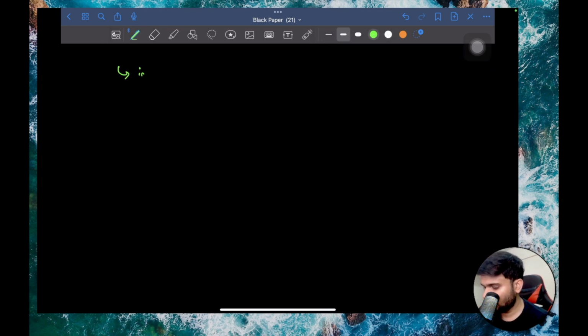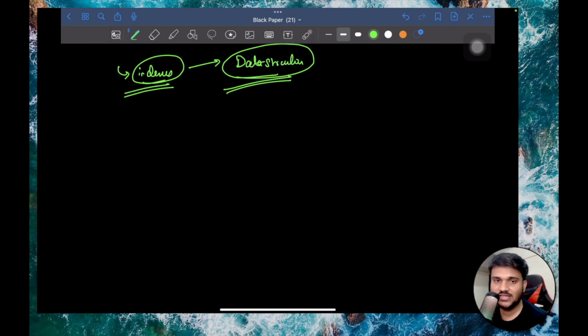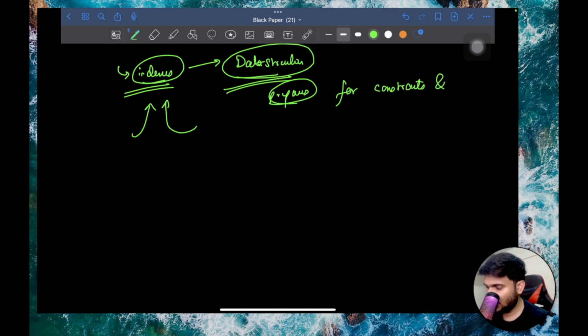Now we can very easily handle this in our RDBMS systems. There is a concept called as indexes. What are indexes? Indexes are data structures that your database prepares for constraints and faster query. For example, let's say if I give you an array and that array is shuffled and